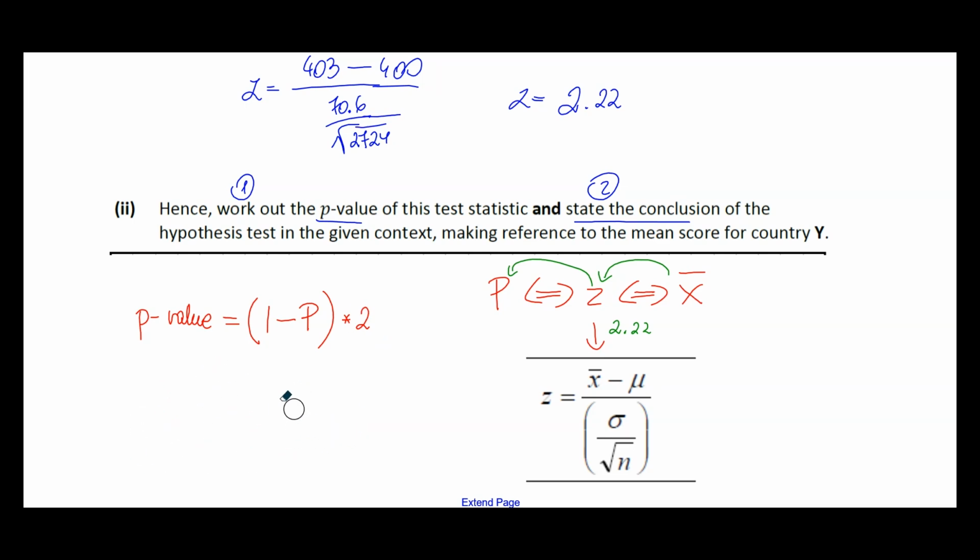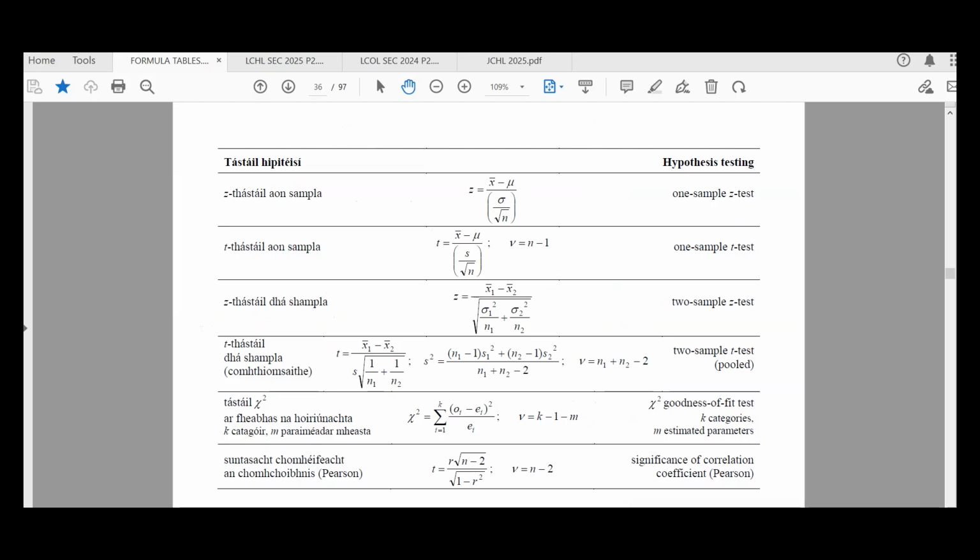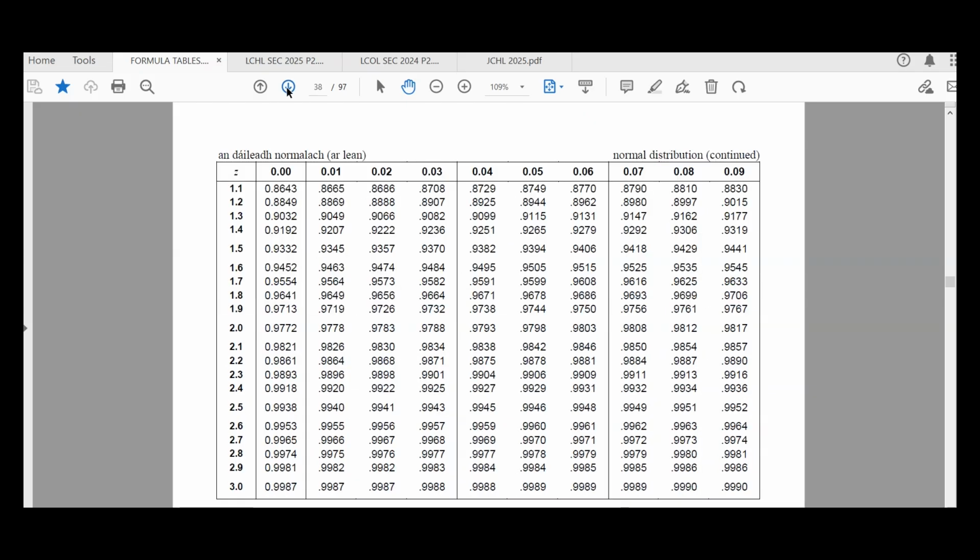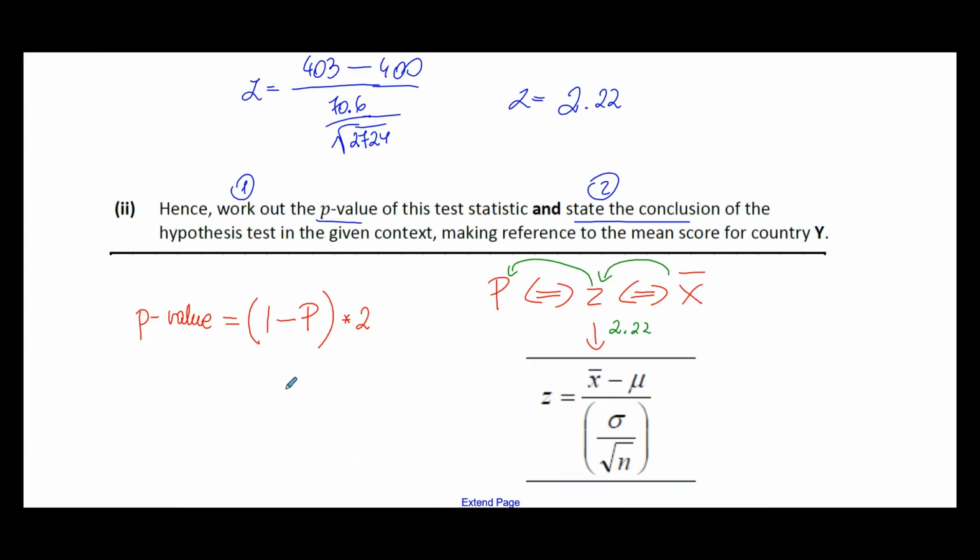Okay, so let's apply that knowledge here. So we have 2.22 for z. Now let's go to the table and find what is the probability for that z. So 2.2 and 2, 0.9868. Okay, so 0.9868. And that's my 1 minus and multiply by 2. And we put that in the calculator and we are getting